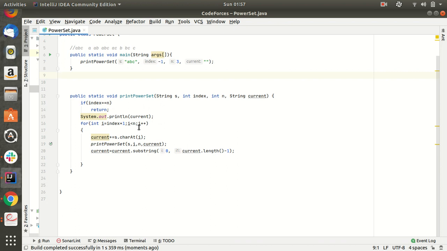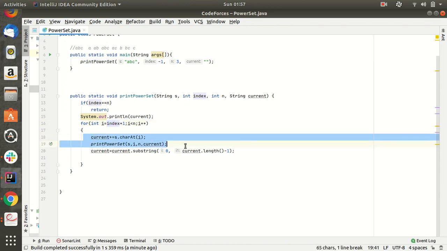Index was minus 1 initially, so index plus 1 becomes 0, and i is less than n, yes. Current equals current plus s dot char at i, which means A will be the current, because we are passing an empty string as current. Then print power set is called, and again it will print A. Index will be 0 from here, so i will be passed as i plus 1.